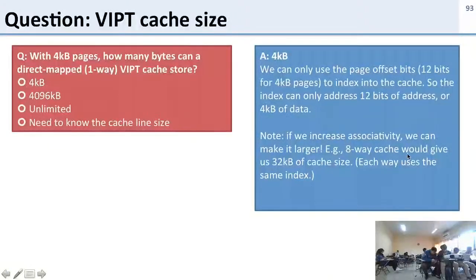If I make it an 8-way cache, then I can have 8 times as much data. So I could have 32 kilobytes. And that's because each way is using the same index, we just have different tags for them. So this is a real limitation of VIPT, and this is one of the reasons you don't see very large